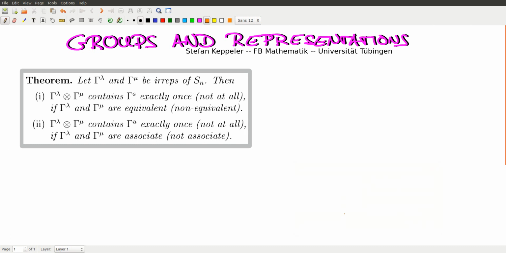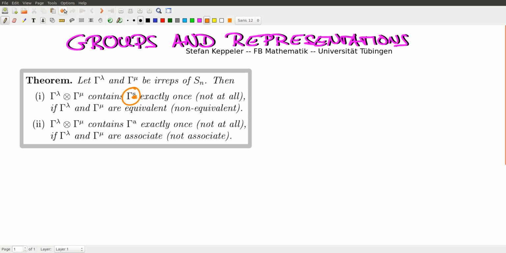Here we're decomposing some tensor products of Sn irreps. So gamma lambda and gamma mu are both irreps of Sn. And we look at this tensor product, gamma lambda tensor gamma mu, and we ask how many times, when we write these as a direct sum of irreps, how many times does it contain the trivial representation, gamma s,